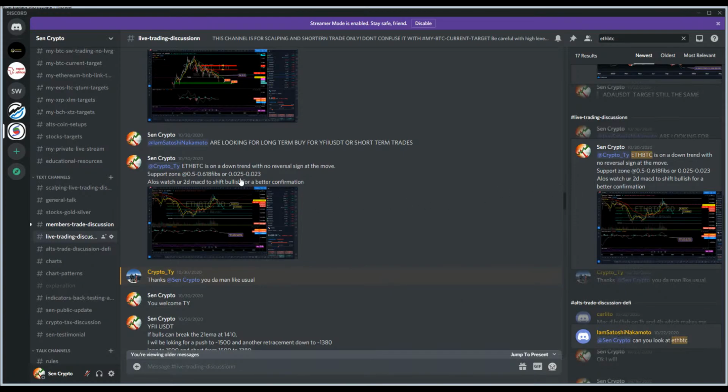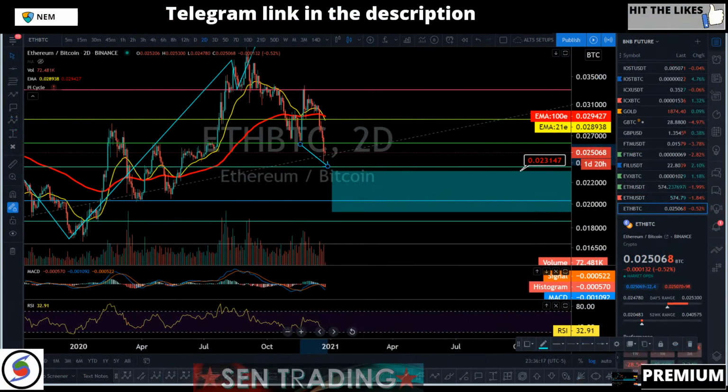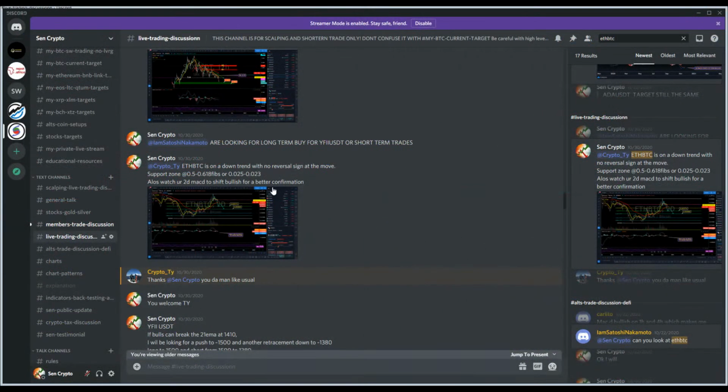And we also talk about how we wait for the 2-day MACD to cross, to basically shift bullish, right? As you can see, the 2-day MACD is not shifting bullish yet. Okay, it did pump bullish, but you understand what's going on. It was only a retest of the 0.382 right there. So right now we're going to be in big trouble, because we just have to suck it up and wait for the 3-day MACD. You just don't know how long it's going to take.